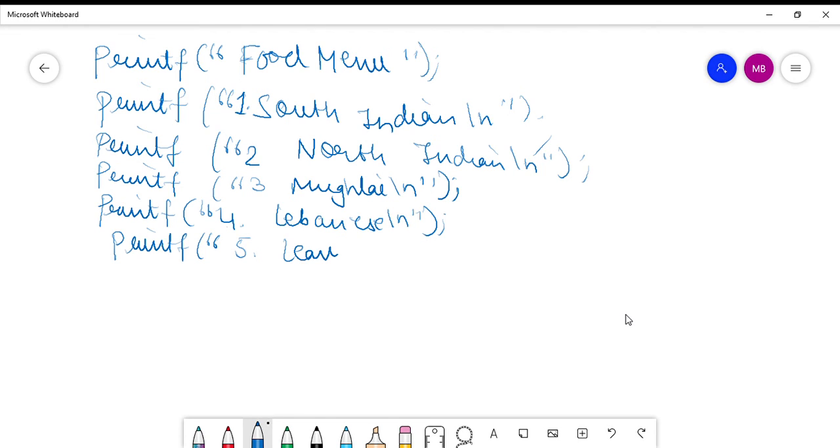You don't want either of these menus. You don't want South Indian, North Indian, Mughlai, or Lebanese. In case you wanted Chinese, there is nothing that you can choose out of these four options. So what will you do in that case? You will leave this. So you can give one option for that also, though it is not compulsory.